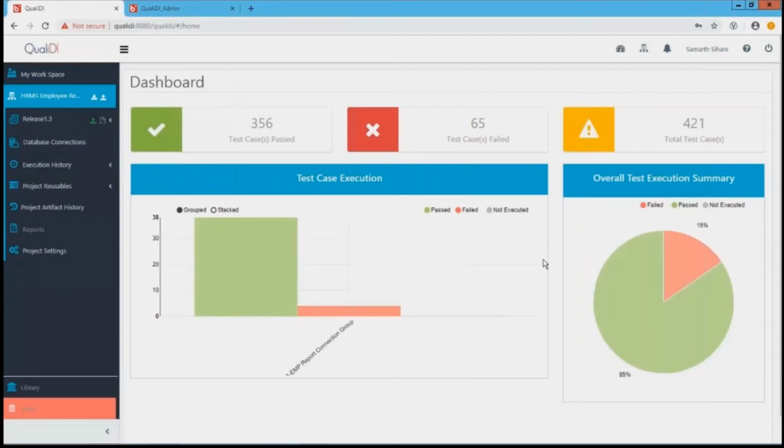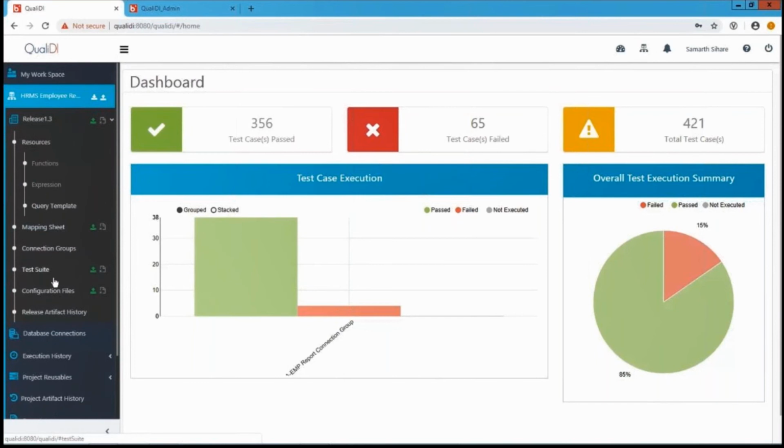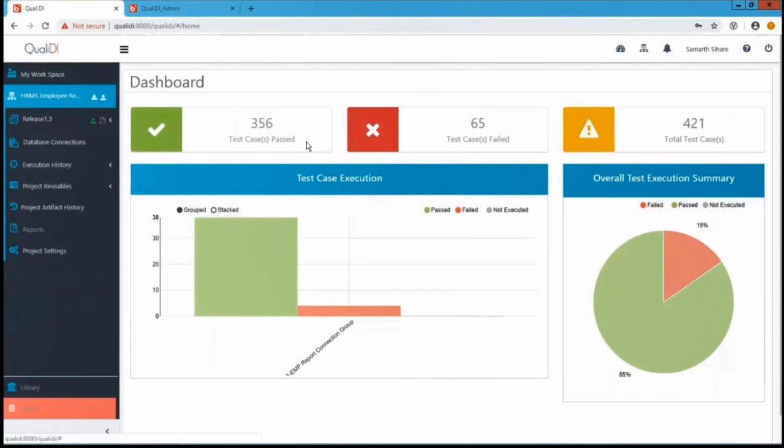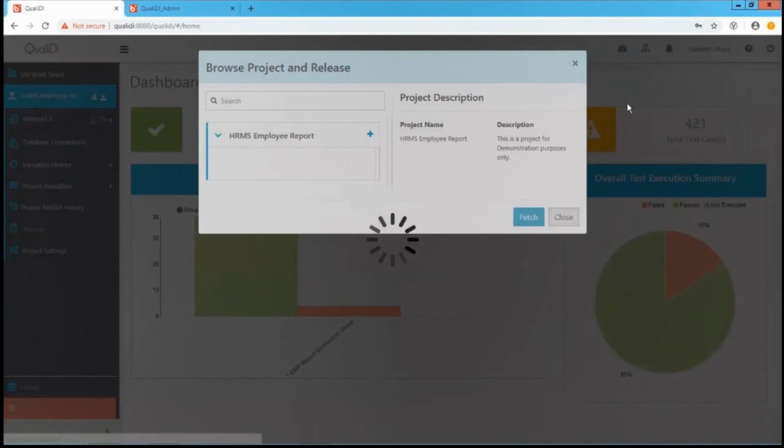This is the dashboard that you can see on the screen. Here we have all the test cases, all the history of test cases present, and simple stats to find out how many test cases have passed and failed. These are the different charts and different representations. All the artifacts related to a particular project are managed in this particular navigation. Now to map your release,